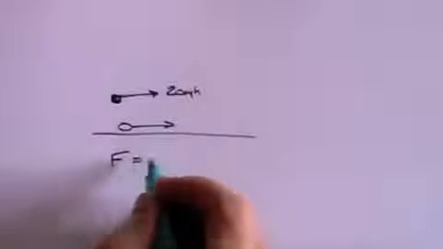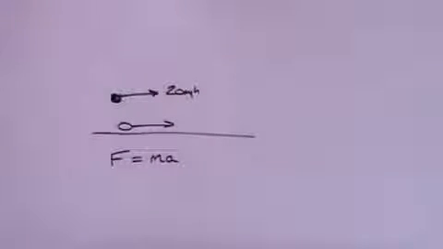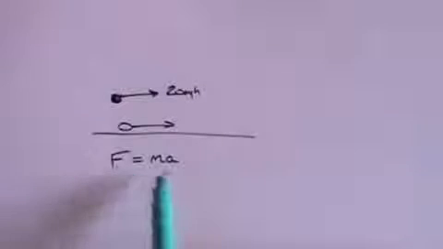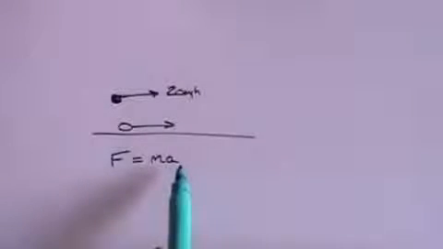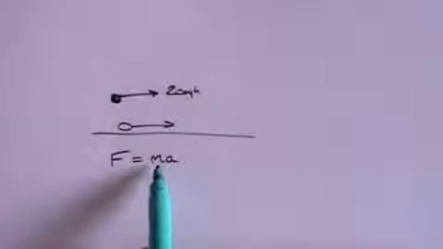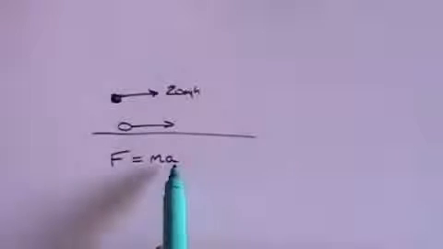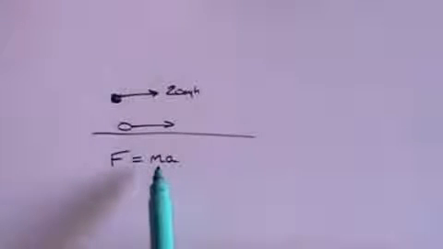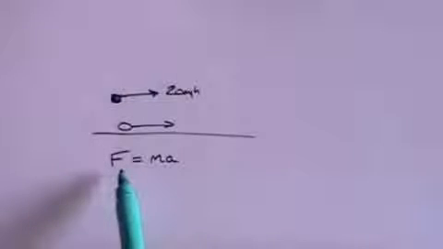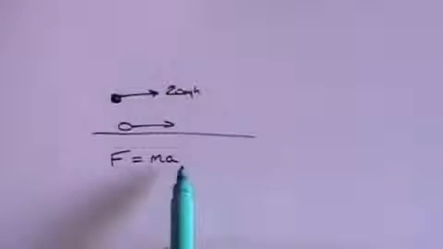Newton's second law follows on from this by saying that if you do want to change the speed of something, then you have to apply a force. And this gives us one of the most common equations that we will find. F equals ma. F is the force, m is the mass, and a is the acceleration. It says if you want to change the velocity, which a change of velocity is acceleration, if you want to change the velocity of the mass, you have to apply a force which is equal to the mass times the